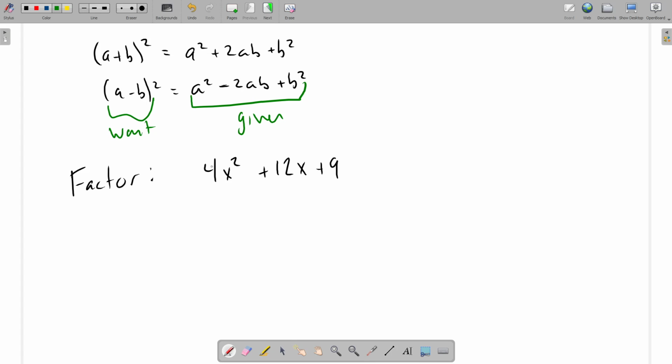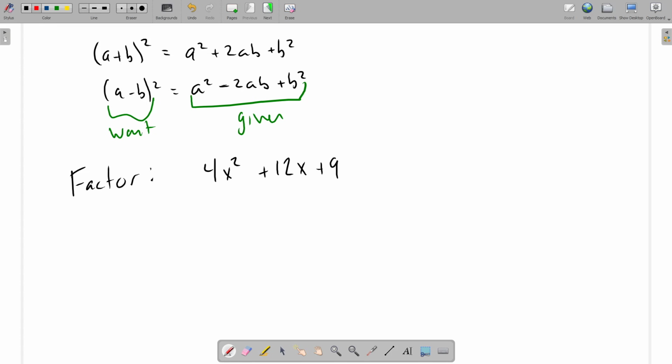If you were told to factor 4x squared plus 12x plus 9, I'm sure most of you, myself included, would do this the way that we've done in the past couple of videos, where we look at, well, what is a times c? 4 times 9 is 36, and what are factors of 36 that are going to add to make 12? 6 and 6. And start doing this the normal way, which is perfectly fine. And in fact, it's what I recommend. However,